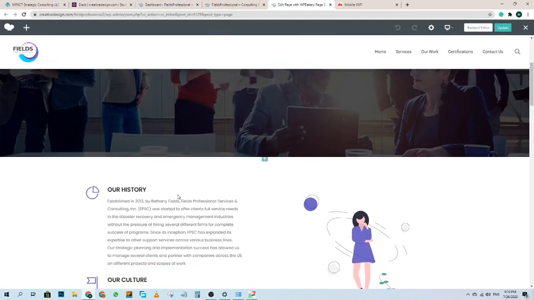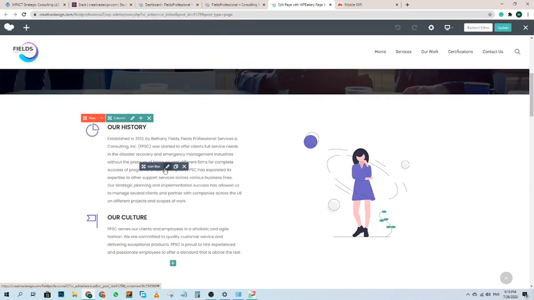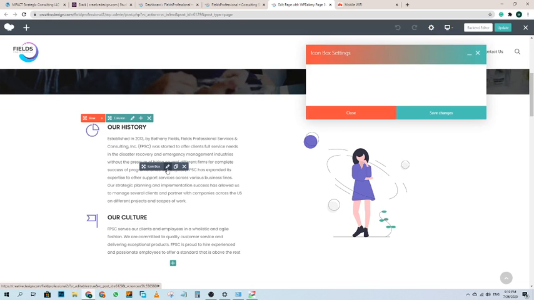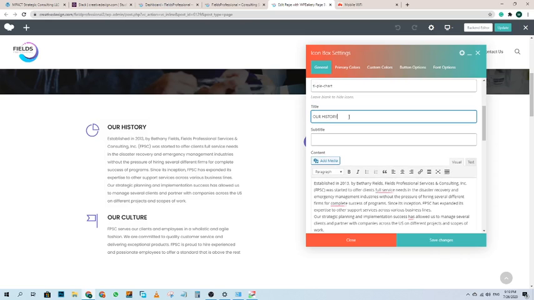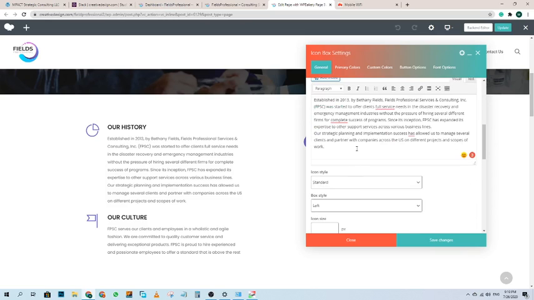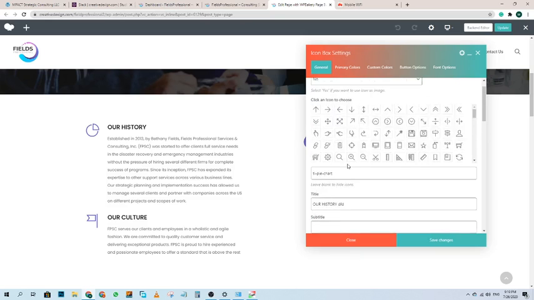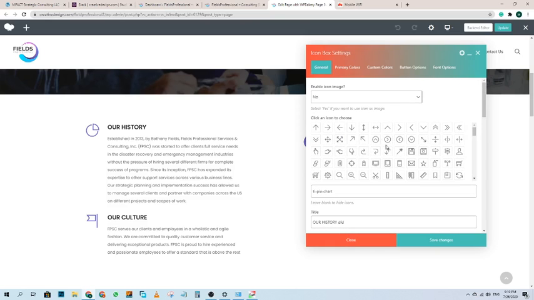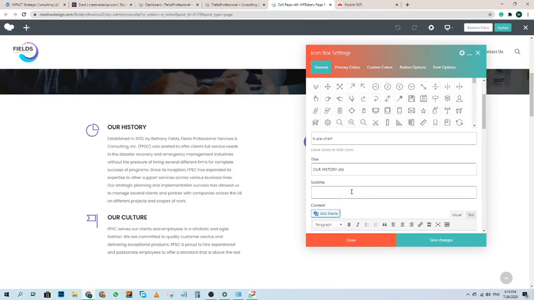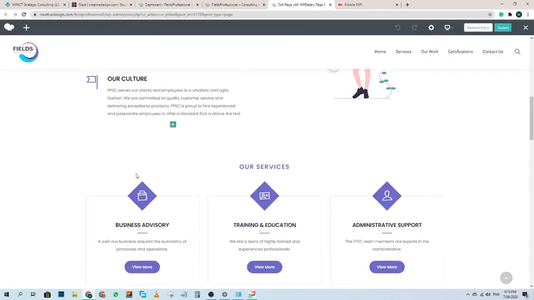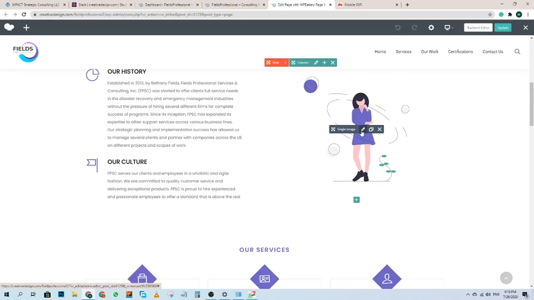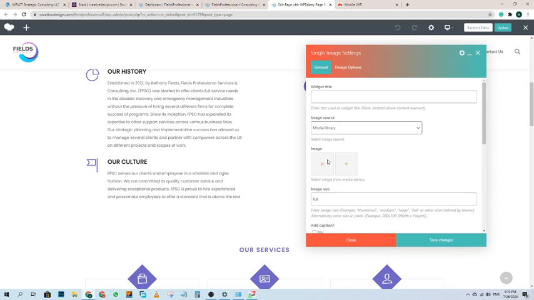Once the page opens, you have to simply click on this icon box or this pencil icon, and from here you can change the text, whatever you want to add. If you want to change the icon, you can select it from here. After changing the content, click on save and then click on update. And if you want to change the image, click here, remove this image and select a new image.